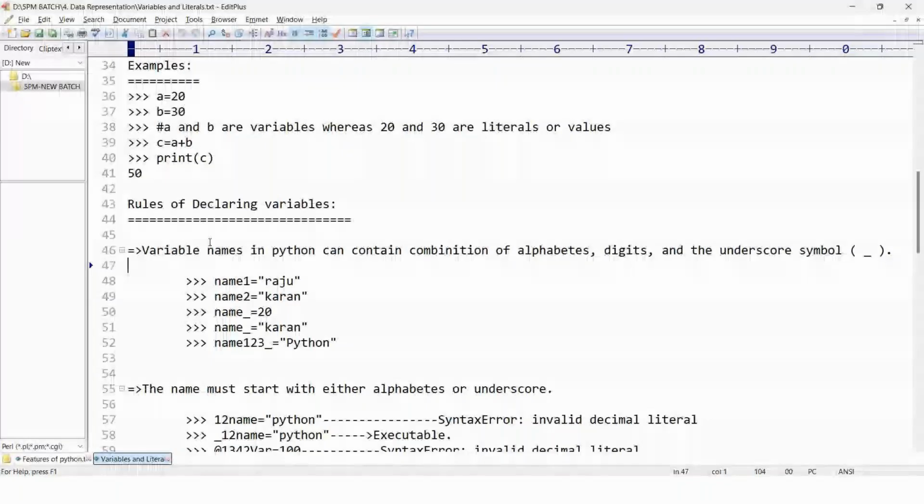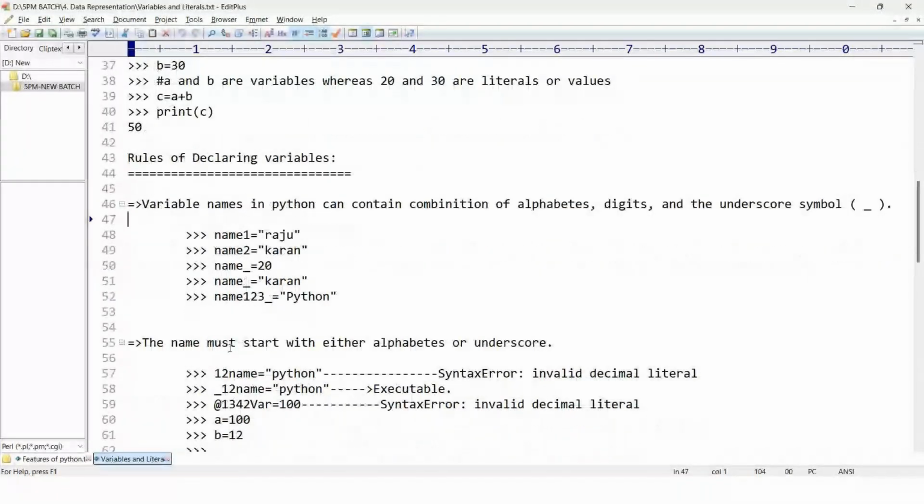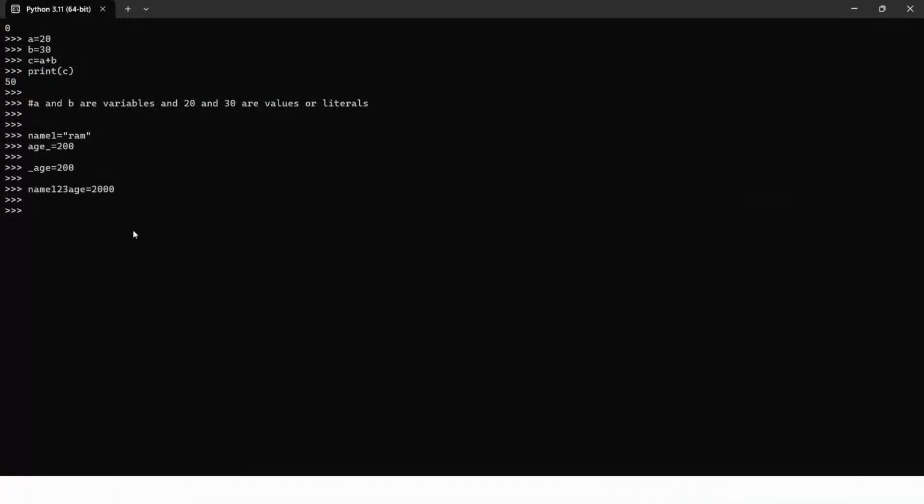But the name must start with either an alphabet or an underscore, right? We can't start with anything like 200name is equal to 200. Here it is going to give a syntax error because we can't start any variable name with a digit. Yes, I can start with an underscore, underscore name is equal to, let's say, Ram.